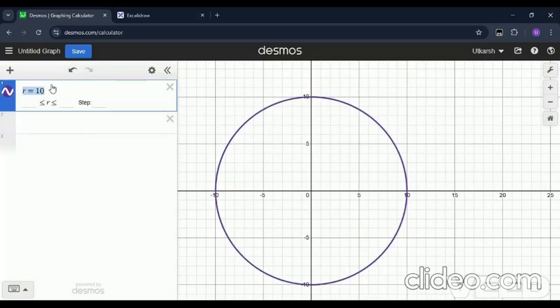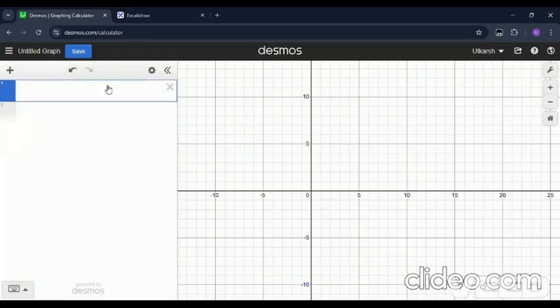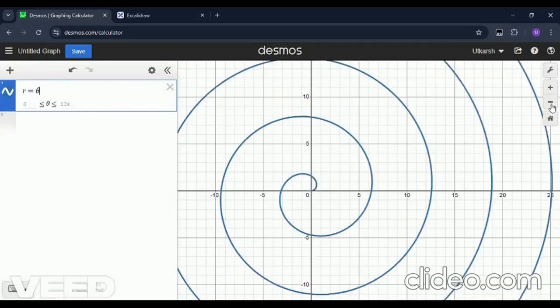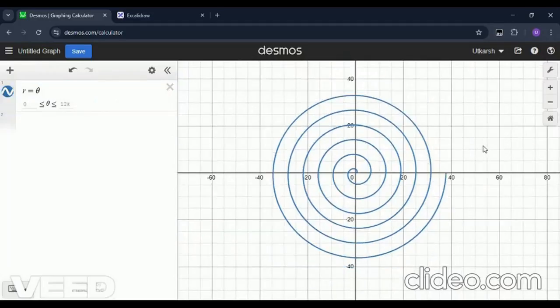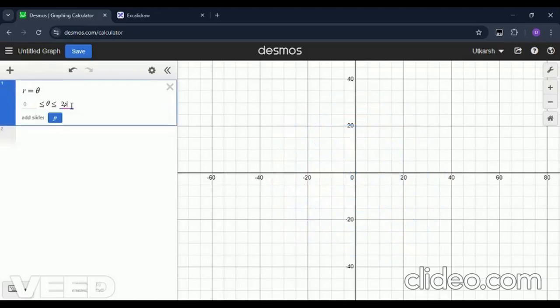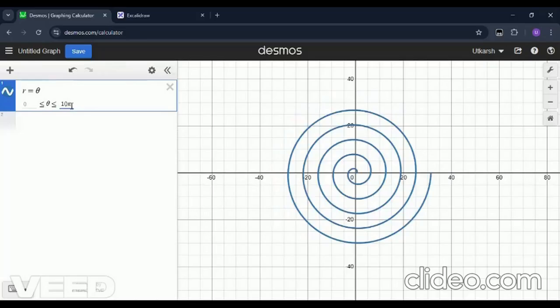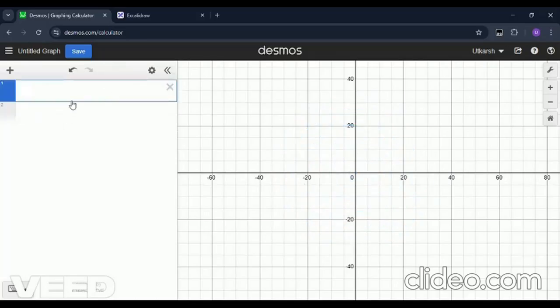use the polar coordinates. And not only in the circle, if I have to draw something like r equal to theta, it will give me a spiral. And we can also change the limits of theta ranging from 0 to maybe 2 pi, or maybe 10 pi. So that is polar coordinates, and